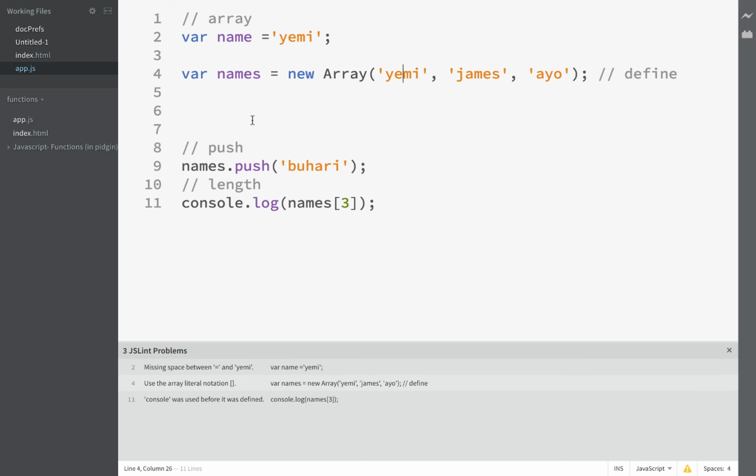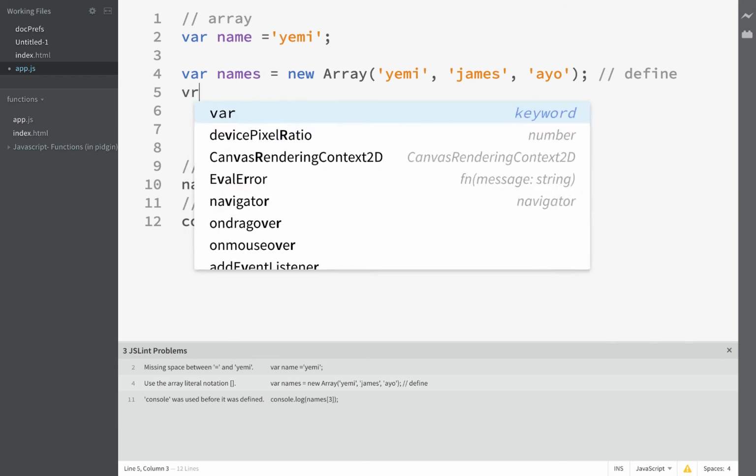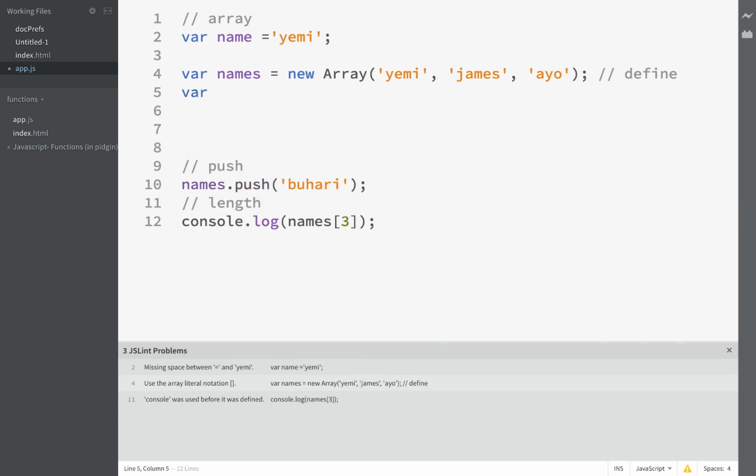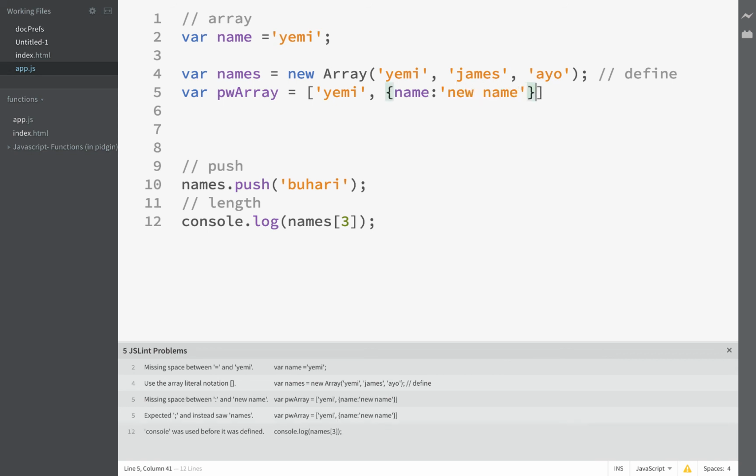Let me show what I mean. We don't want to pollute these names, so maybe I put a new array. This time around, I will put an object inside. If you take an object, I will put it inside here. An array in JavaScript can take objects. So let me put a new name, just to differentiate them. If you take a function,